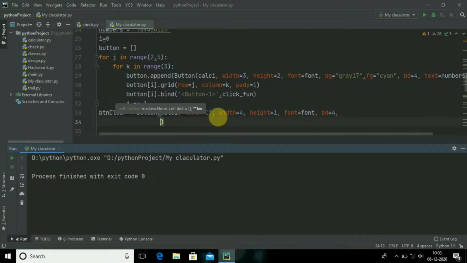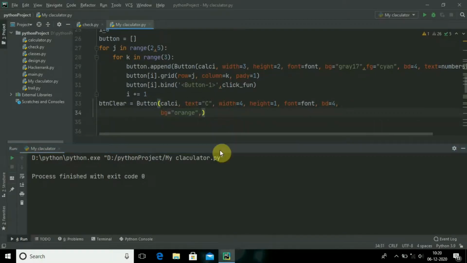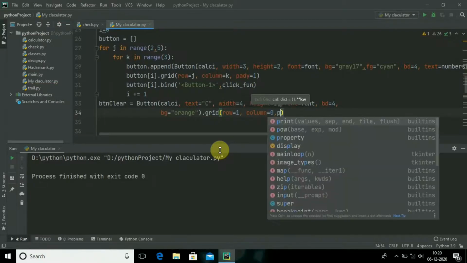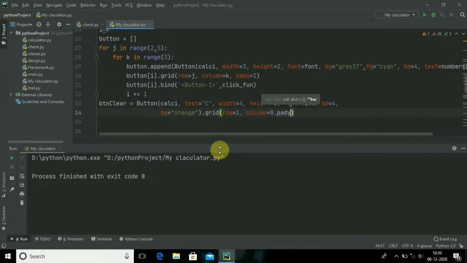And the next thing is, after this background color, I will place it using the grid, and the row I will mention as 1, row 1, and the column is 0, and pad y, as earlier I said, pad y equal to 1.